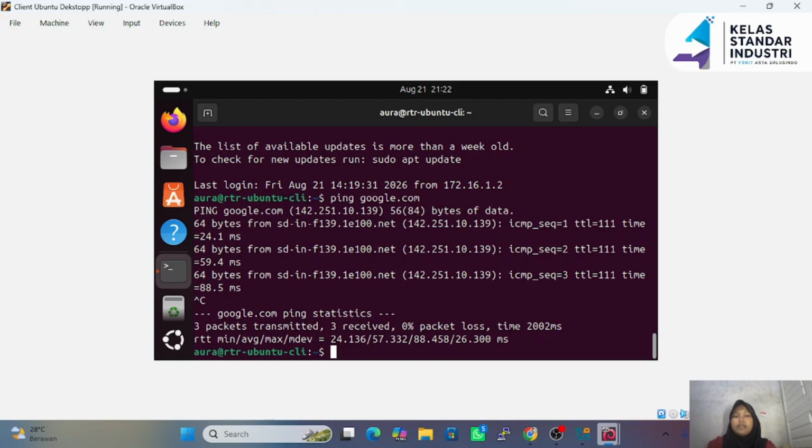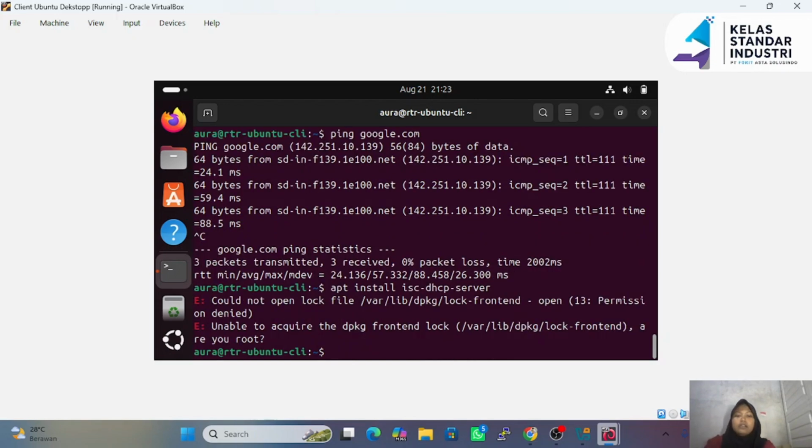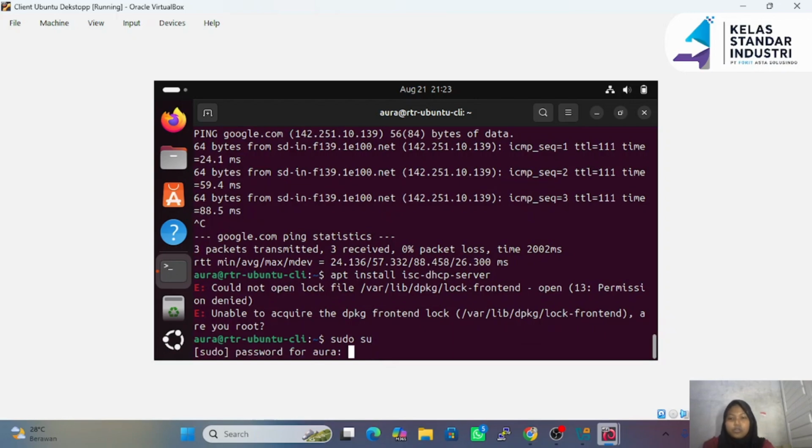Okay, the next step, you can follow me. Type apt install isc dhcp and press enter. Okay guys, we have to go in as root, so sudo, and type the password.